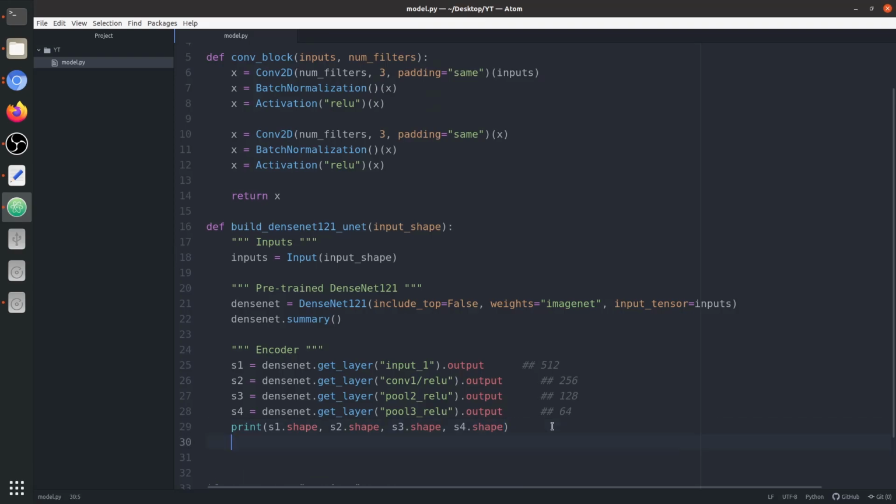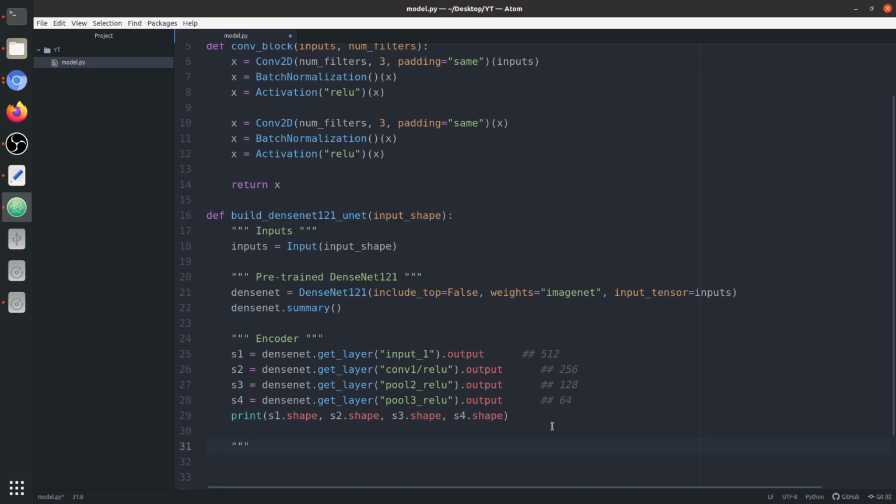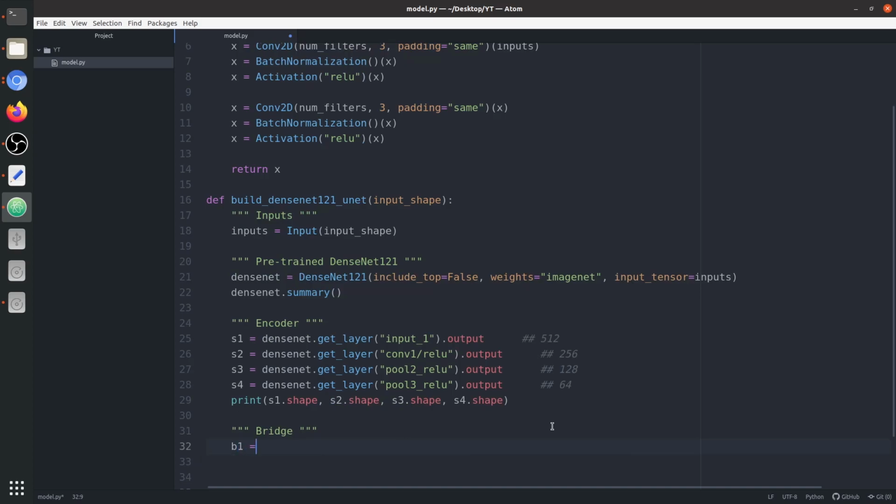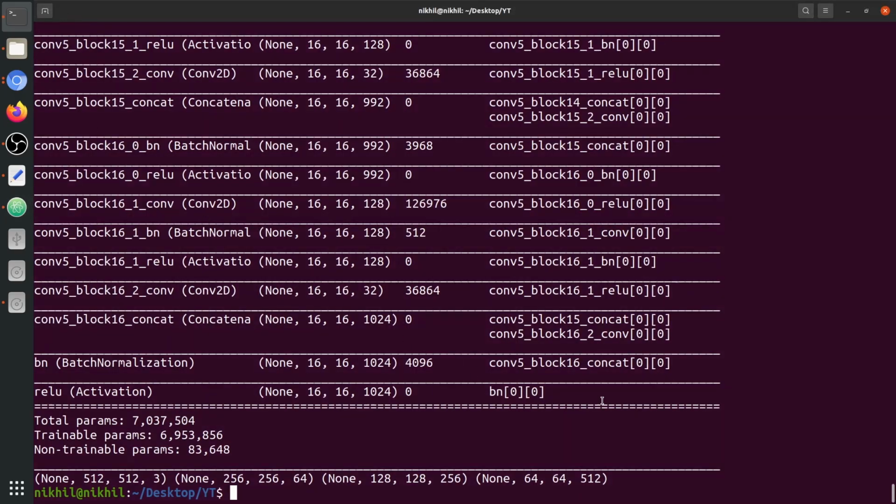Now we need the bridge, the bottleneck layer that connects the encoder and the decoder. We can also extract it from the pre-trained encoder. You can say bridge, and we're gonna extract it from the densenet dot get layer dot output. So the bridge would be of size 32 by 32. Let's write it here, 32. Now we have B as the bridge.